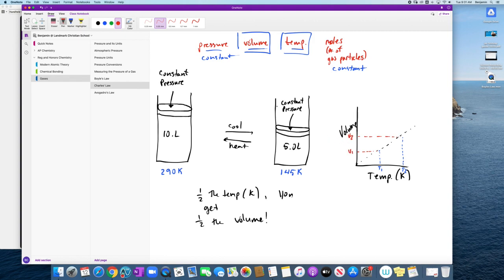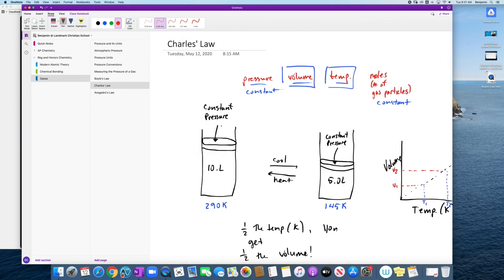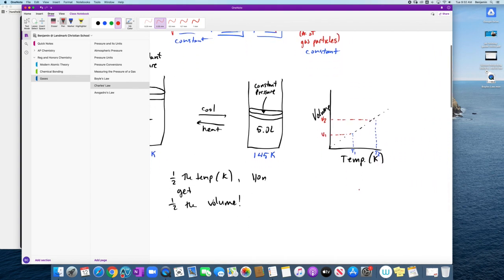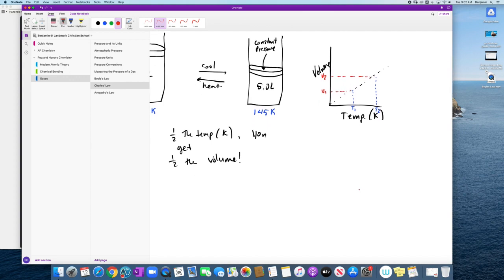By the way, Charles' law was actually the inspiration for the discovery of the Kelvin temperature scale. Originally, these measurements were not made in the Kelvin scale. They were made in degrees Celsius. And if you use the degrees Celsius scale for temperature, you get a line that does not pass through the origin, like this one. And that's almost